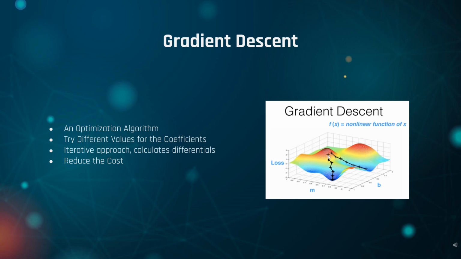The basic concept is that we take a differentiable cost function. We find partial derivatives of the cost function with respect to the coefficients and keep changing the value of the coefficients. Our goal is to reach the global minima of the cost function so that we can get the lowest cost from our model. In the picture also, we can see that we want to take a path that makes a reduction in the cost.